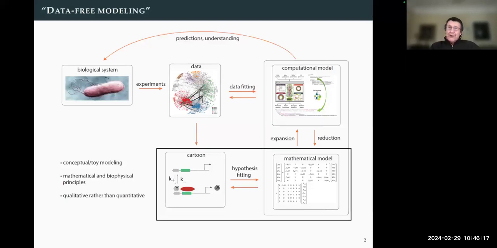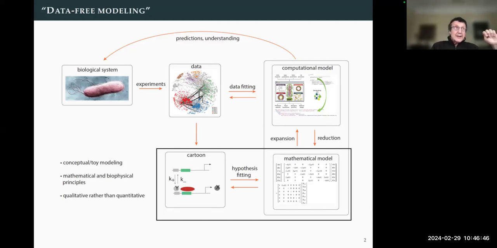I think it's gone too far, and I say it partly driven by funding agencies, but it's also the problem with biology that the data is often not very reliable, and you can overfit to the data. Of course, I'm not saying one should ignore the data, but I think there's a lot of scope for looking at the cartoons at the end of experimental papers, which summarize what the experimentalist thinks is going on under the hood. And I think that's a nice place to start modeling.